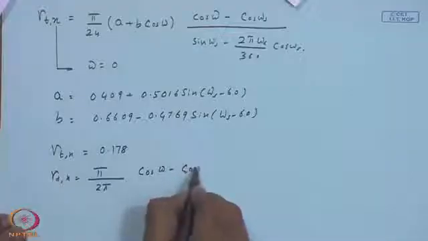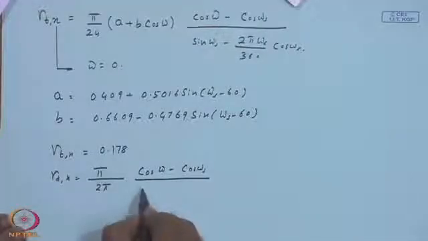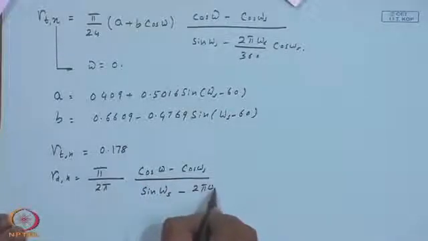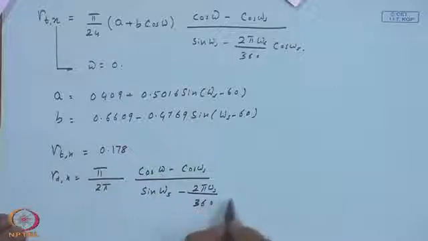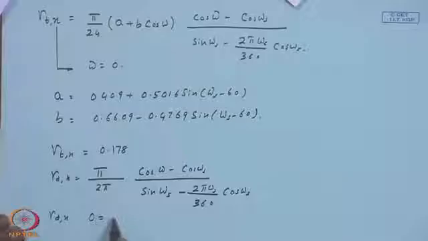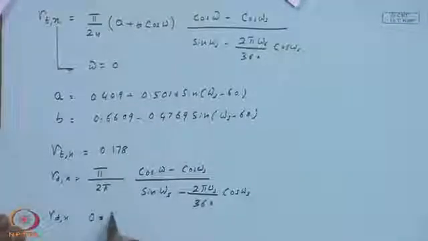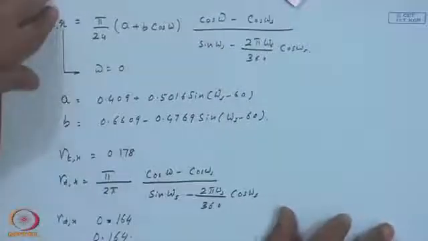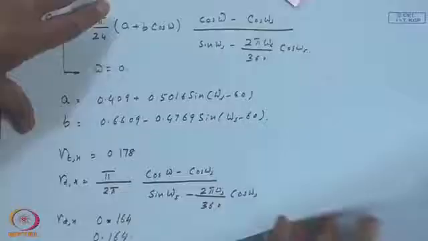cos omega minus cos omega s by sin omega s minus 2 pi omega s by 360, cos omega s. This is 0.164. Let me repeat, 0.164. Now, you might wonder, the diffuse radiation RDN, the fraction, also is 0.164, pretty close to 0.178, but you